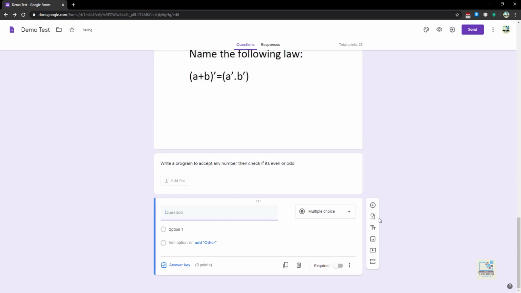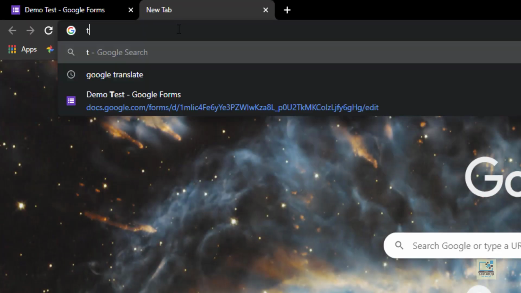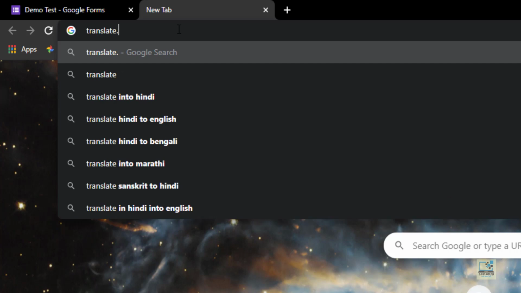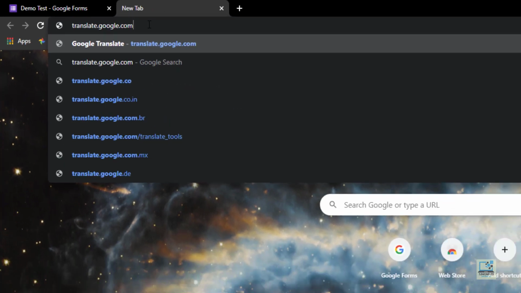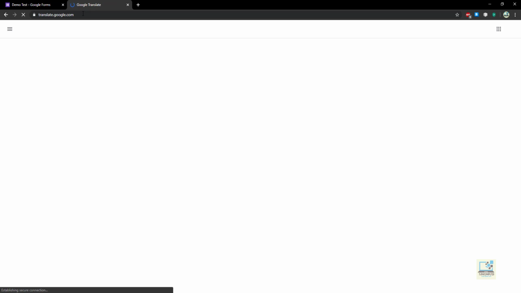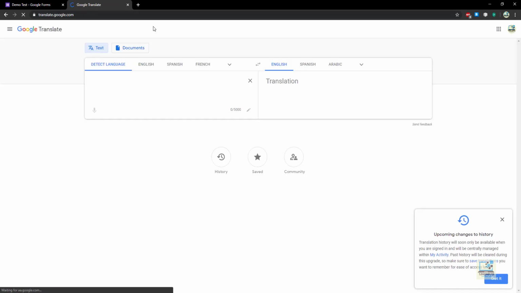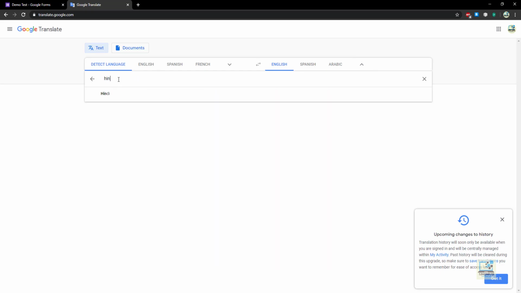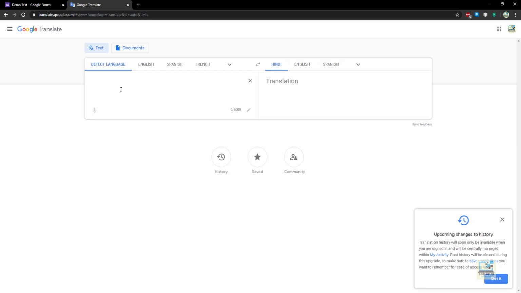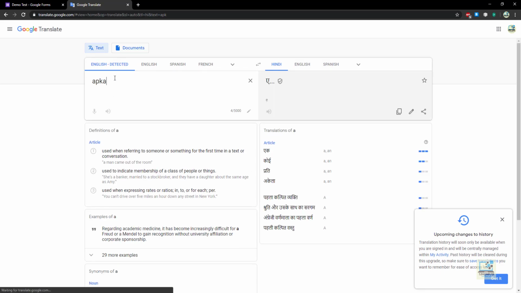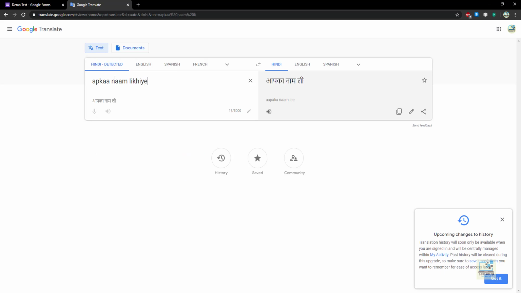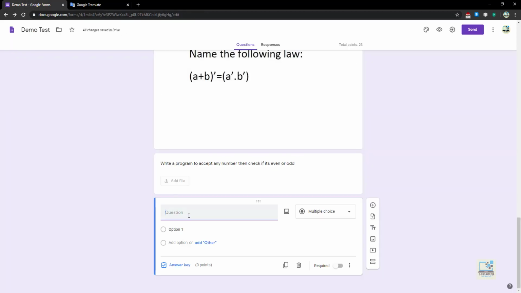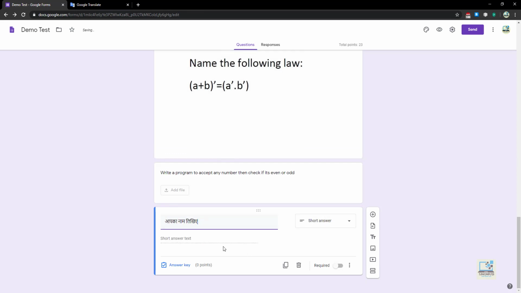Now, some teachers are asking how to type in Hindi. Actually, there is no direct method. You have to go to translate.google.com and then you have to write your sentence or the question in English. It is the mixture of English and Hindi, okay? Means you type using the English letters but you are actually writing Hindi. Like I have written Aapka naam likhiye. This is English. And it will convert it to Hindi, copy it from here, and you can directly paste it in your question paper. As you can see, it is now displayable in Hindi, right? Done. Okay, my question paper is ready.